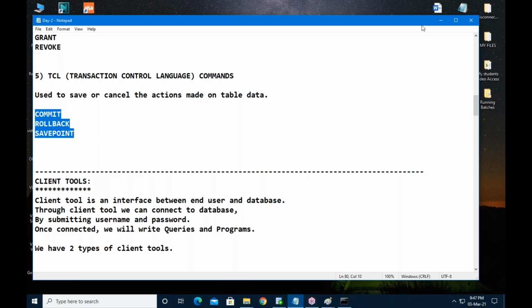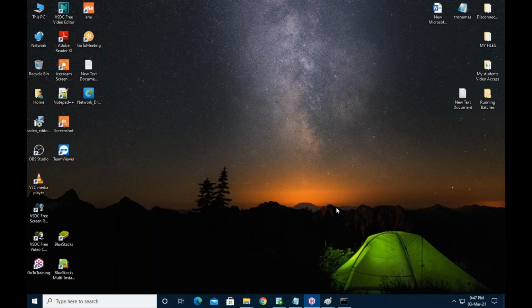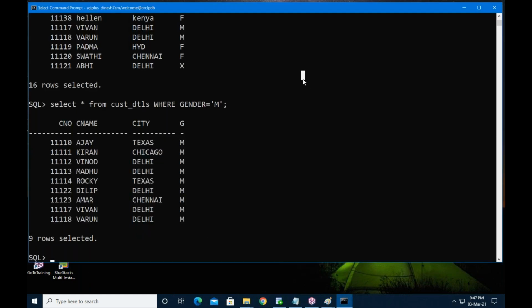Where are you writing queries? Can I write a query in a notepad file? No. Can I write a query in a Word document? No. Can I write a query in an Excel sheet? No. You should write a query in the client application.